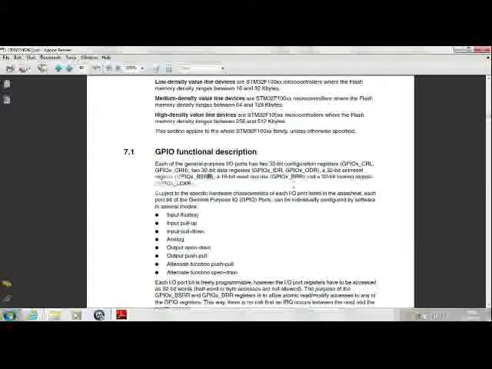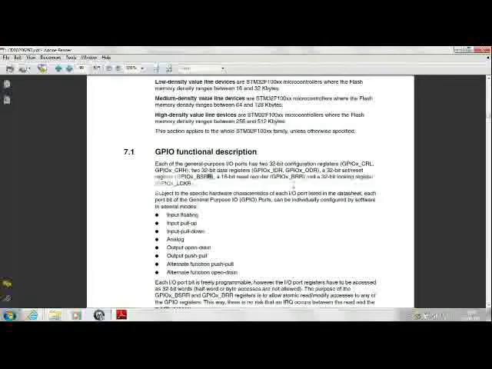Now programming these registers allows you to configure each port pin in the following available modes. One is input floating, where your input is a floating value and not connected internally to any pull up or pull down registers. You have to connect it externally from outside. Then you have an input pull up or input pull up and pull down option. You have an analog option for port pins that have analog to digital converters on them.